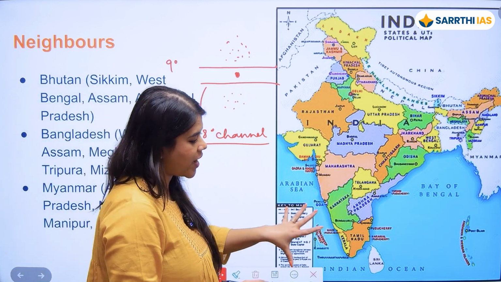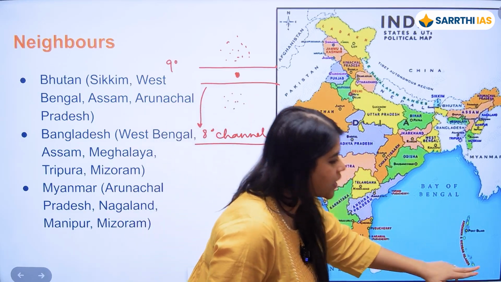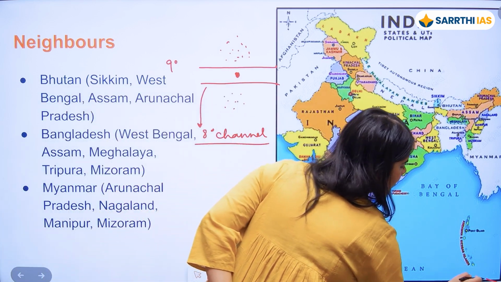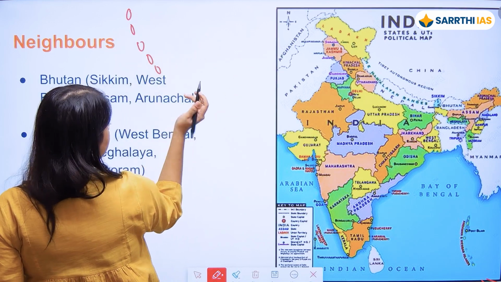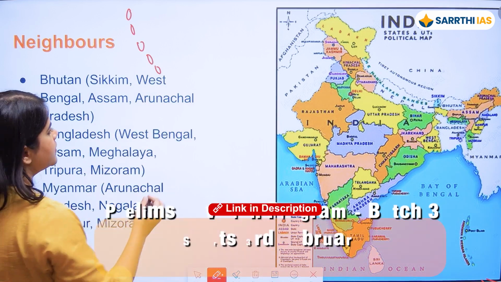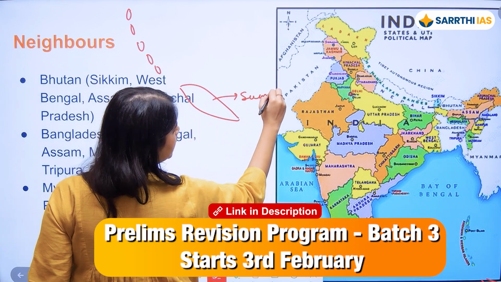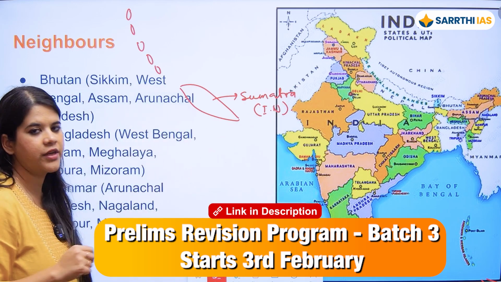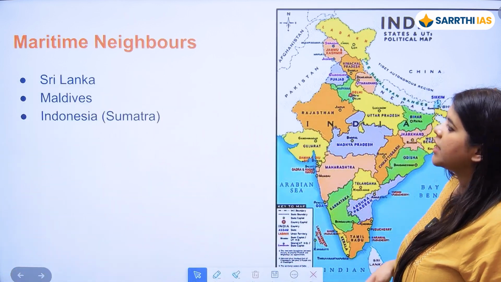Okay. So we share a maritime border with Maldives. We also share a maritime border with Indonesia. This is what? This is Andaman and Nicobar Islands. Andaman and Nicobar Islands के बाद यहाँ पे start होता है. These are the Andaman and Nicobar Islands. यहाँ पे Great Nicobar Island is the last island of Andaman and Nicobar Islands. यहाँ से फिर start होता है the island of Sumatra, which belongs to Indonesia. Fine. So these are our neighbors. India के सारे neighbors.